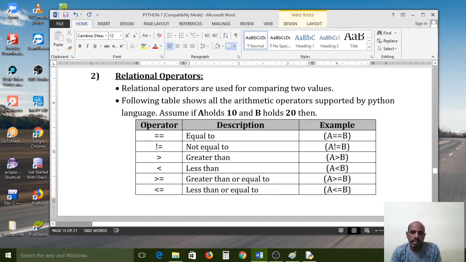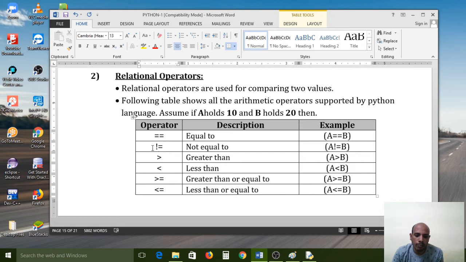These are built-in operators. The first one is the equal to operator, a equal to b. Not equal to, we can use the exclamation mark symbol. On your keyboard, it is available on the first number key, in the 1, 2, 3, 4, 5 number series at the top of the keyboard. If you want to use that one, you should use the shift key. If you press shift and 1 at a time, then it will be typed on the screen. Next, greater than symbol, less than, greater than or equal to, less than or equal to.